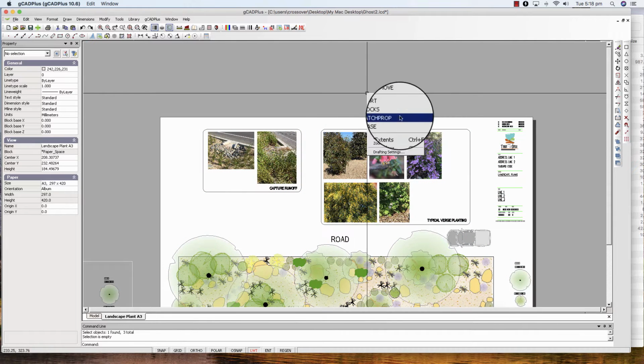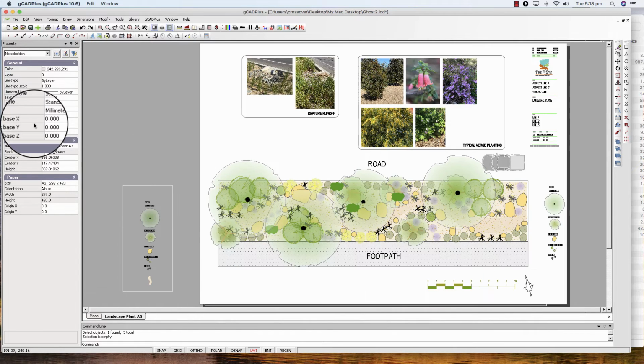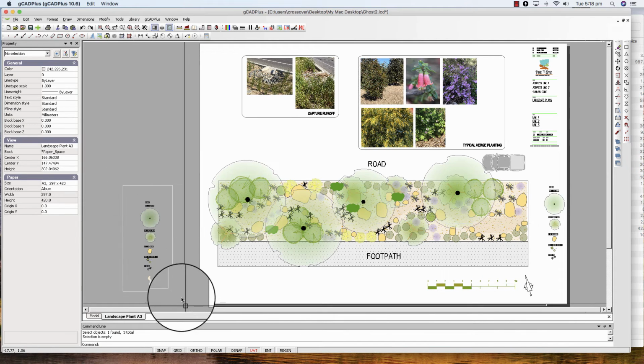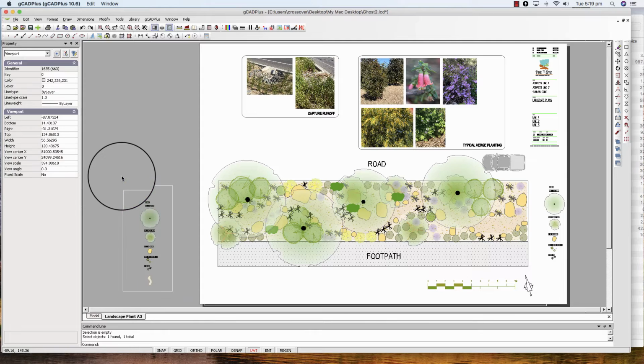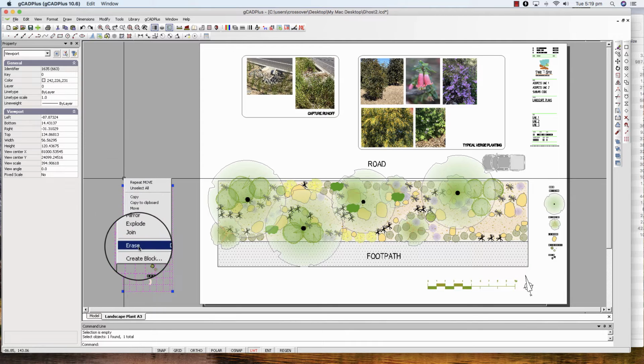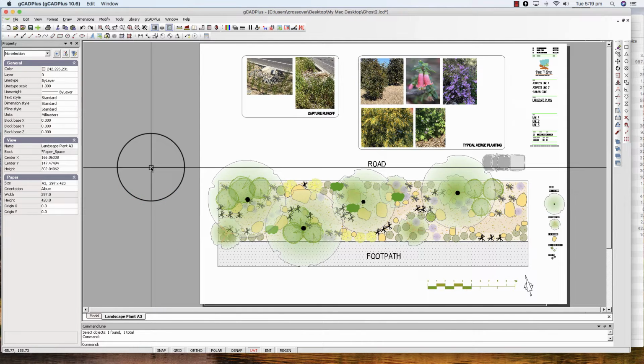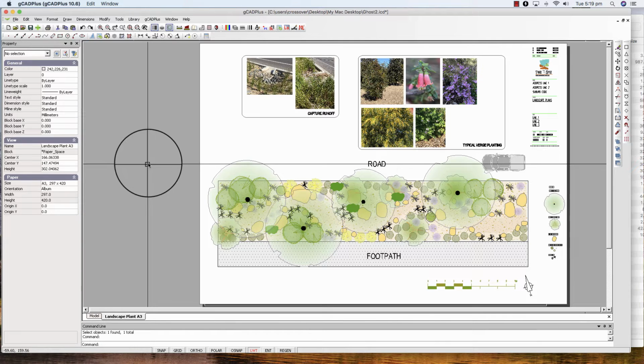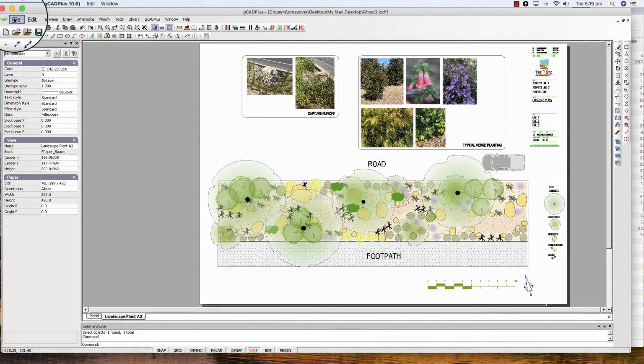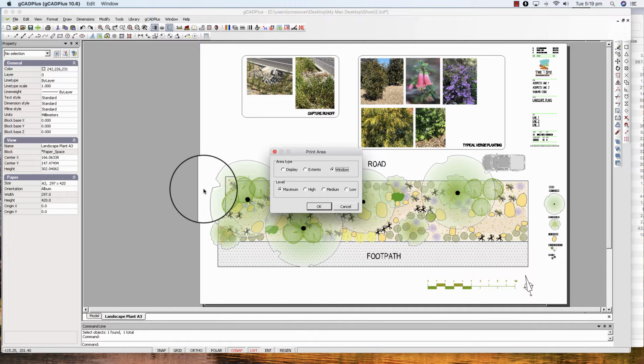So if I zoom extents, we're now looking at the A3 sheet. I'd better take this one out and erase it. Now in order to print this, we simply go File and Save as a PDF,